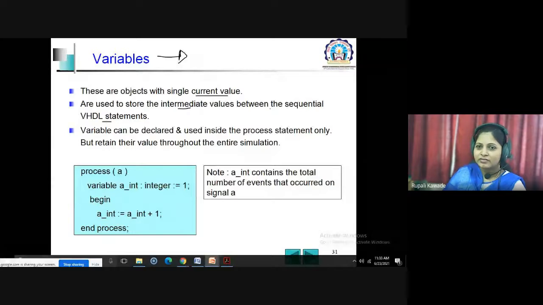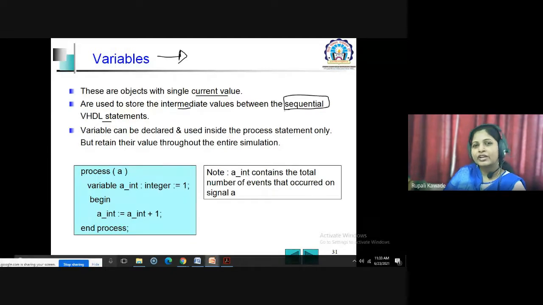Okay, this is very important. This is associated with sequential statements only. And where we write sequential statements, we write them in the process block. So it is used inside the process statement only.